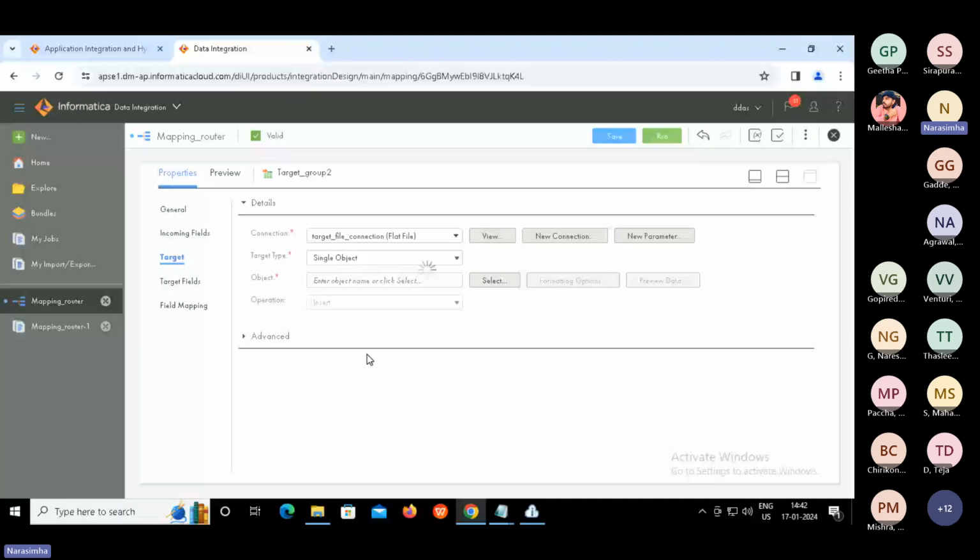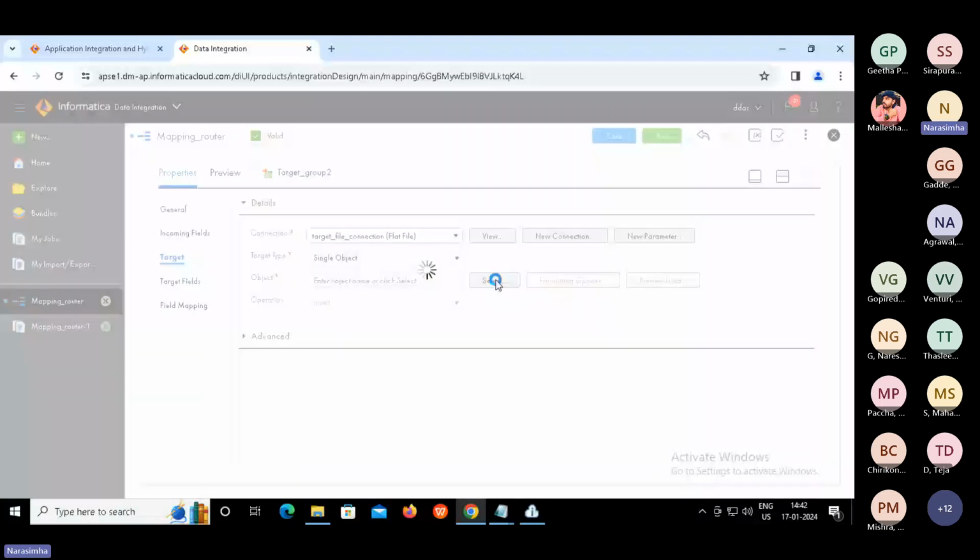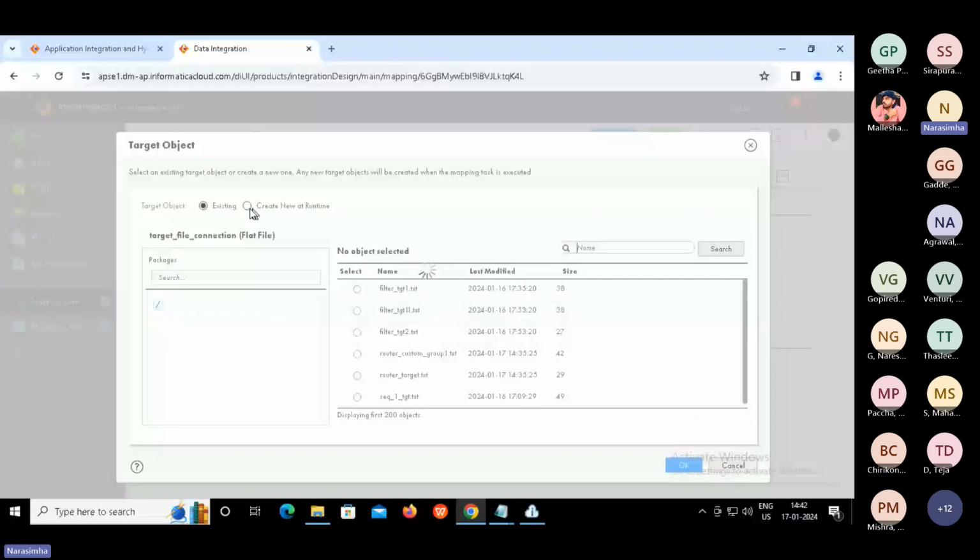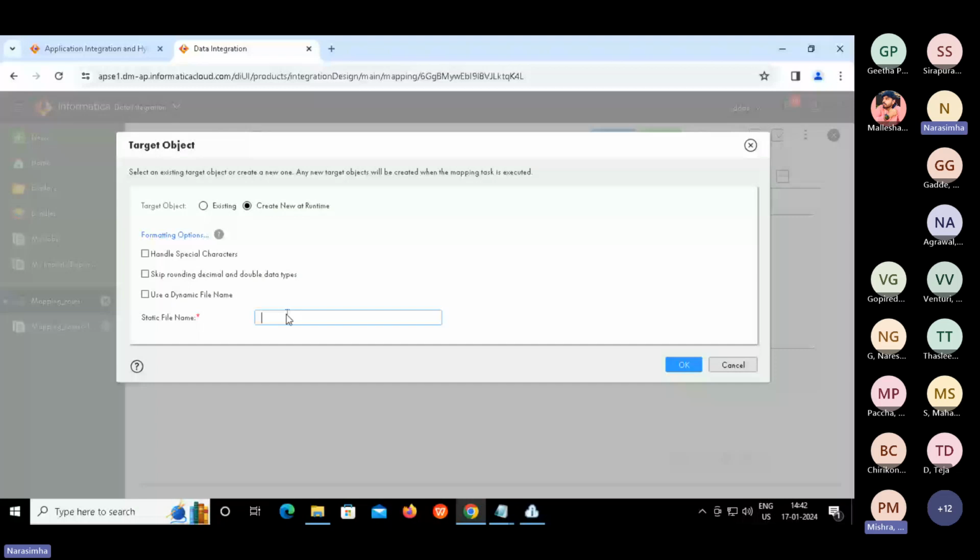Now select and specify the second target or second custom group, right? Router subgroup 2 dot txt.